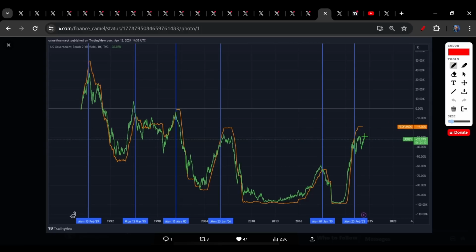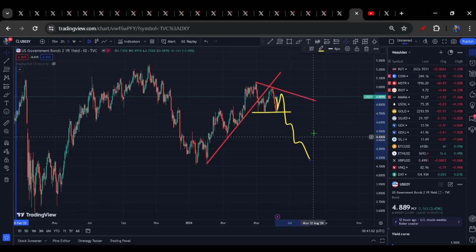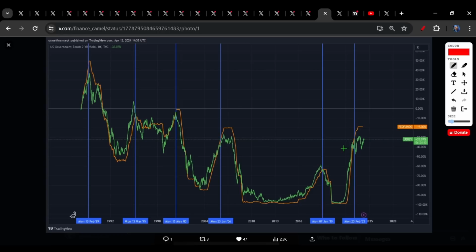If we go back here, it will look something like this. We've had a move down, followed by a move up and a breakout. Okay, then it becomes very difficult to look at this chart and say, I know what comes next. But if what we get is some kind of move into resistance followed by a rollover, and here's the key thing, a loss of support, something akin to this perhaps, then again, we will be able to come back here, look at this and see, okay, this thing is rolling over, which tells us to keep an open mind about seeing those cuts.